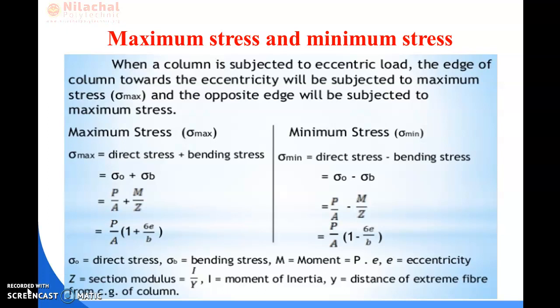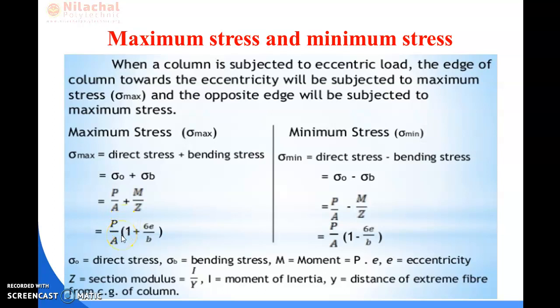So as I told you in the previous class, the maximum stress value we can calculate by adding two stresses, that is the direct stress with the bending stress, that is sigma 0 plus sigma b. The sigma 0 value is P by A and sigma b value is M by Z. By deriving this equation in terms of eccentricity,